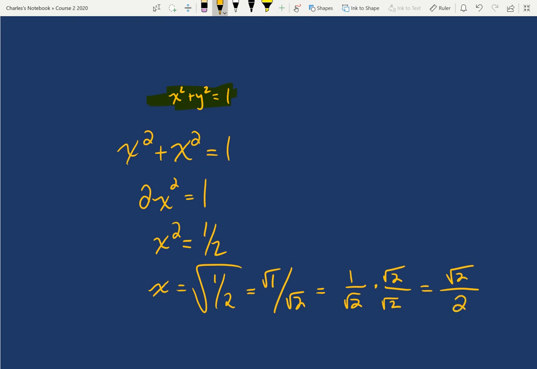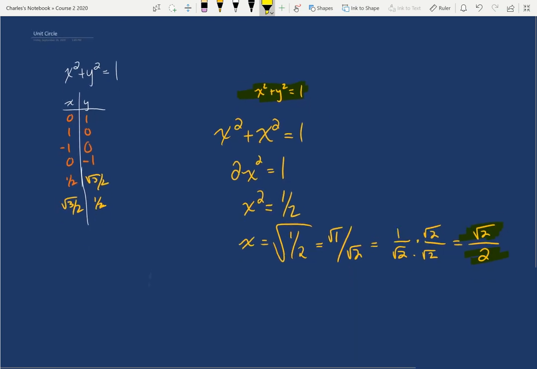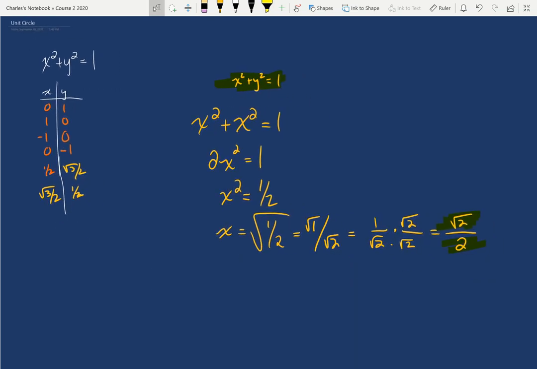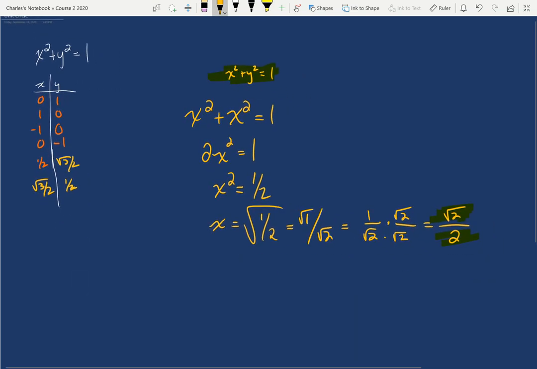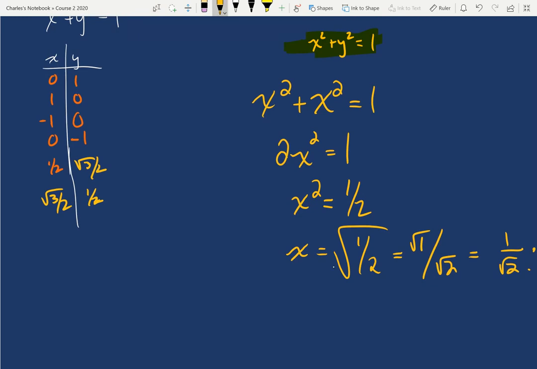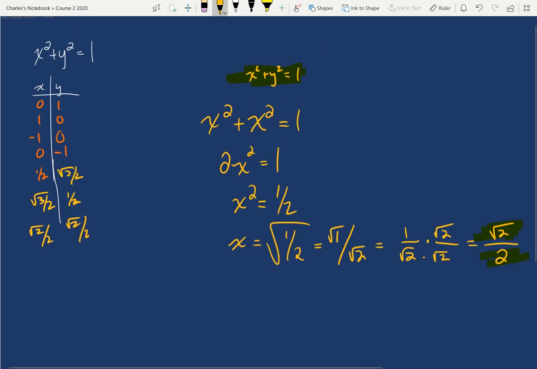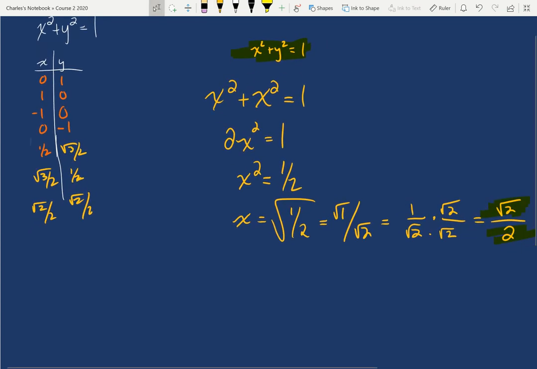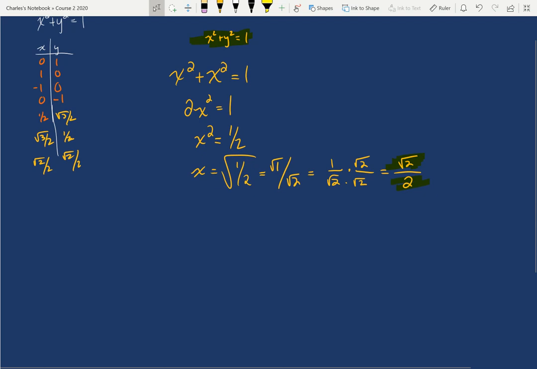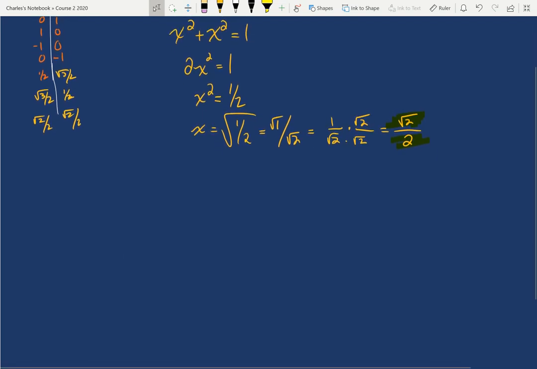But now, because square root of 2 times the square root of 2 equals 2, the irrational part is in the numerator and not in the denominator. And while it may be arbitrary in many ways, it's important because it's convention. So now I have these points that all go together. And if I think of what the unit circle looks like,